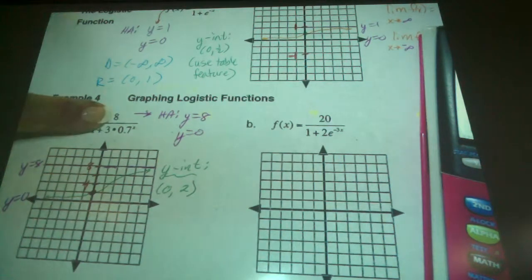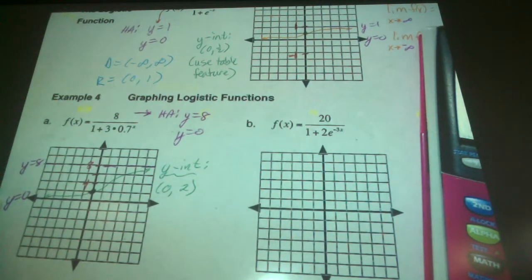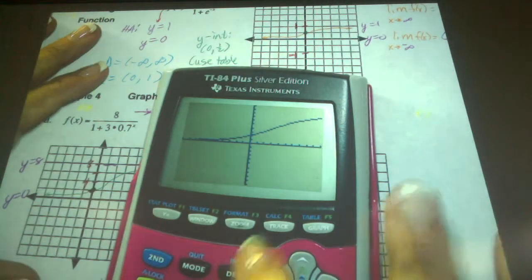And we know because of the 8 here, one of our asymptotes is here, and the other asymptote is 0. So you can do it without your calculator. So think about it without your calculator. Then let's look at the graph and double check. If I zoom out,